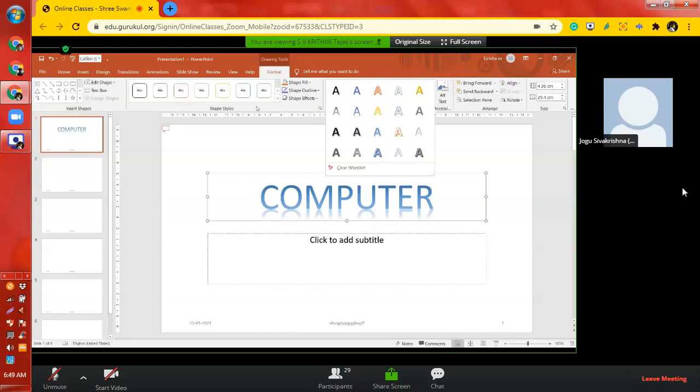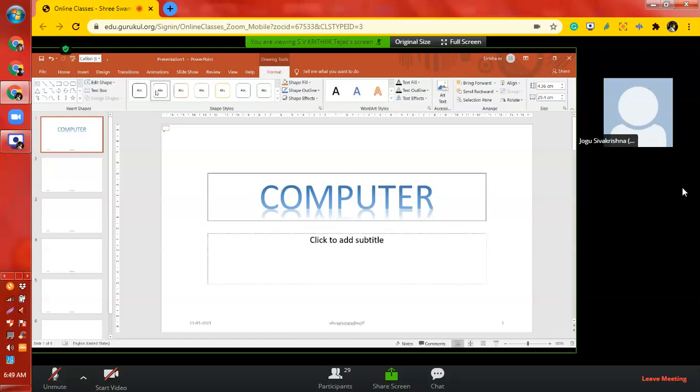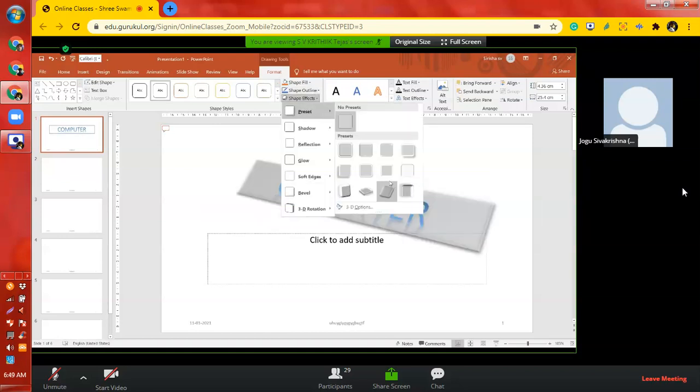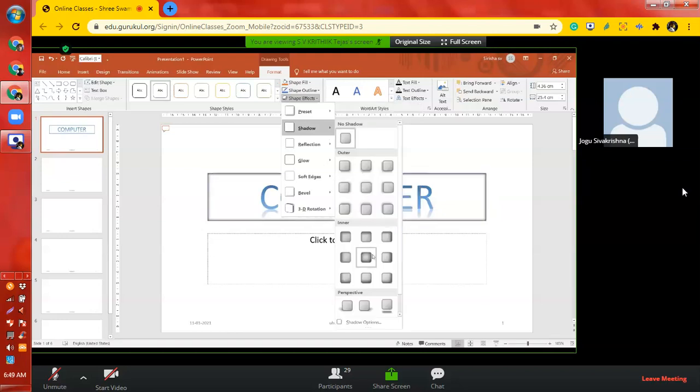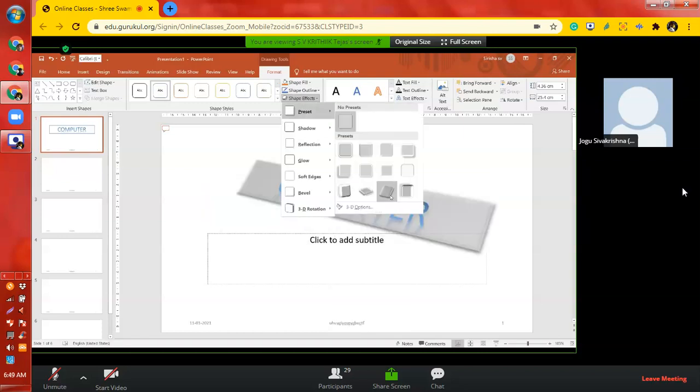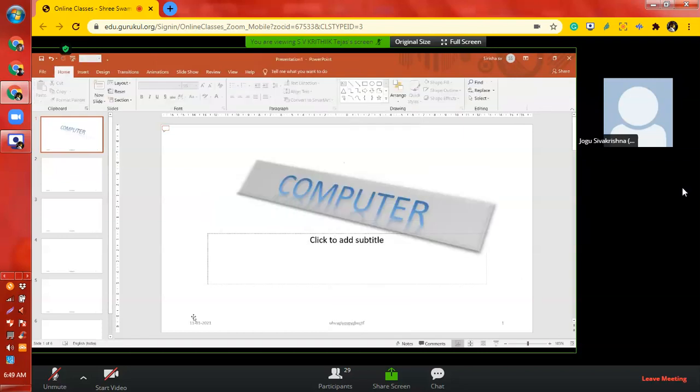See there, you can take any other type of word art and shape fill. It is also there. Shape fill, shape outline. You can take shape effects also. And text fill, text outline, text effect also you can take. These all you can make anything. You can take anything over there. There are many other options you can take there. Okay, this is what about inserting word art to your slide.